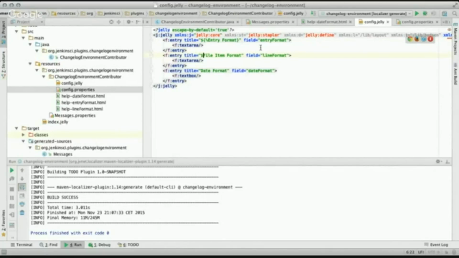So if you just want to prepare your plugin for localization, you can do this and you're done. However, if you're actually showing a more complex text on the UI, it's useful. Of course, I don't have something like that here, but assuming I have a paragraph of stuff here,